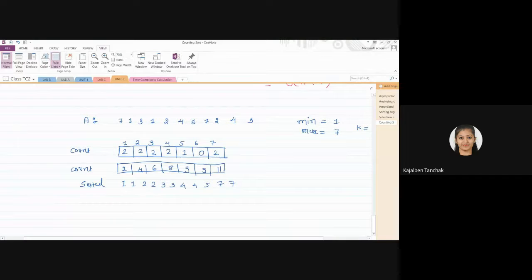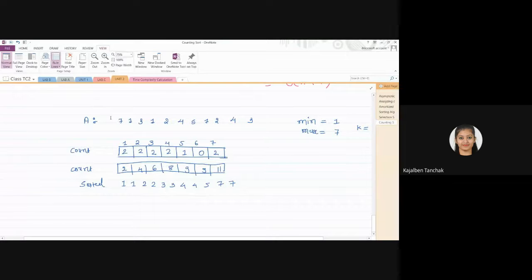I think this is correct, right? Everyone is getting the same answer? Yes or no? This is the count array you got. You have to find the correct position, right? So we have got this.